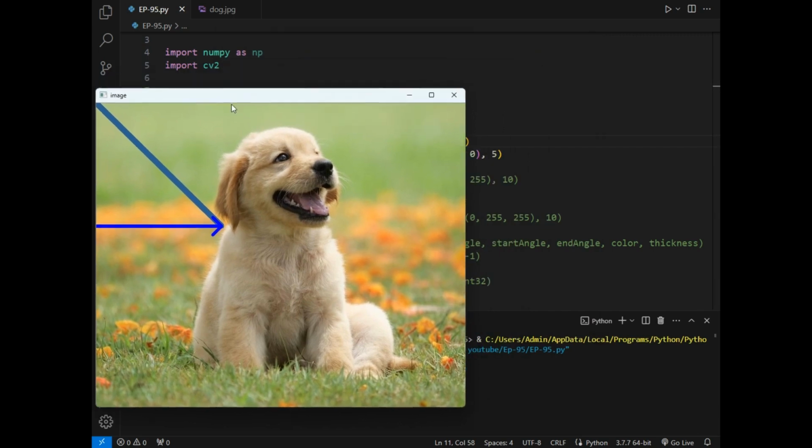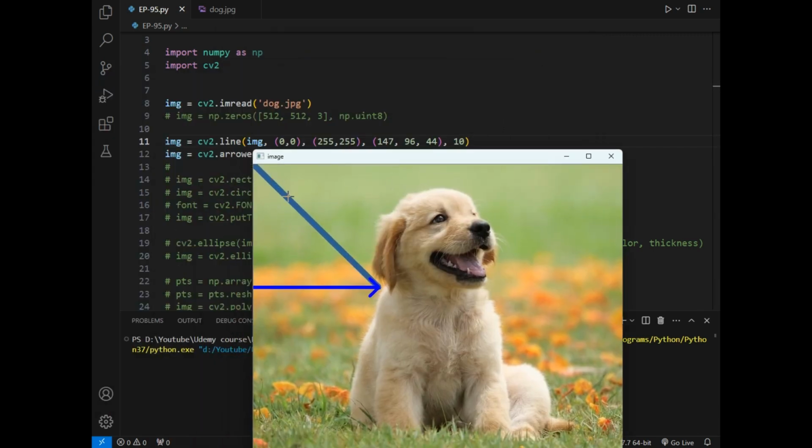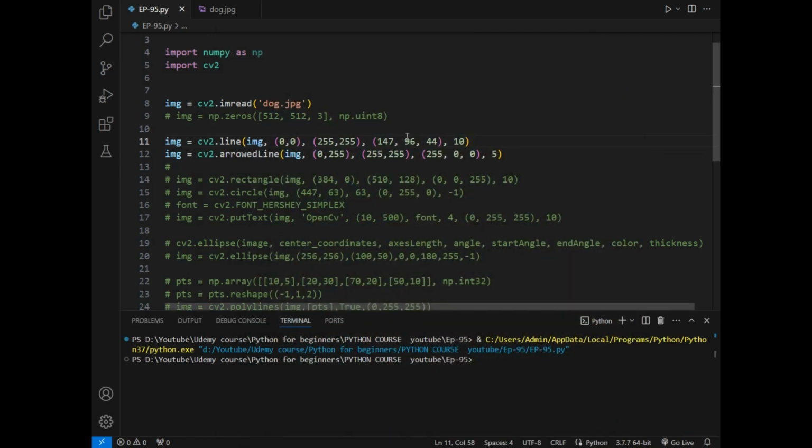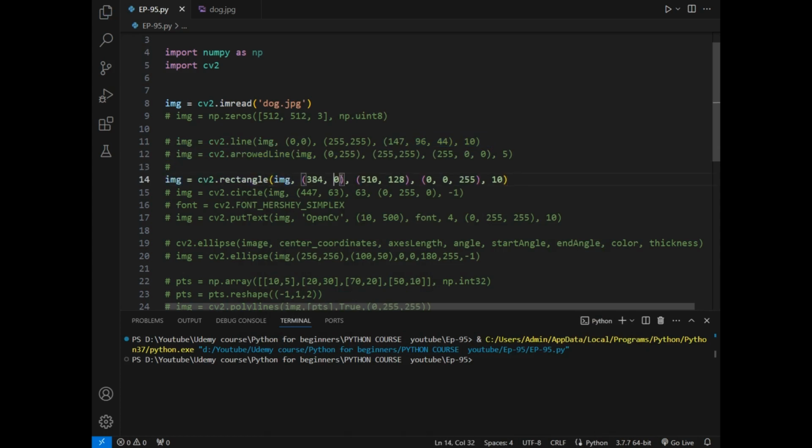So as you can see, this is the light blue line which has a thickness of 10, and this is the blue line which has a thickness of 5. Now let's close this window and comment these two lines. The next is drawing a rectangle. So drawing a rectangle is really very simple. You have to simply write cv2.rectangle,